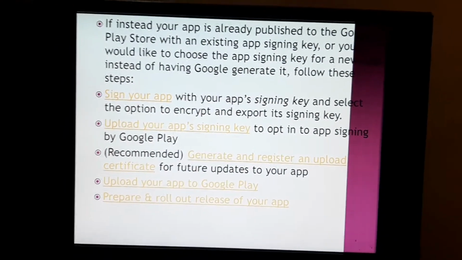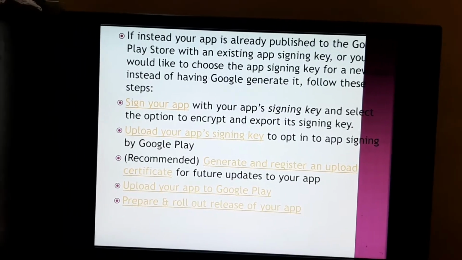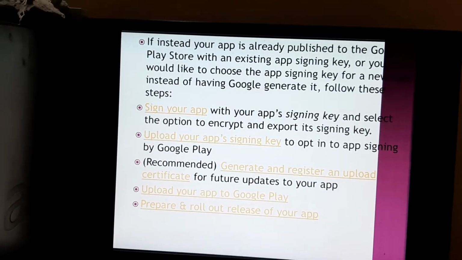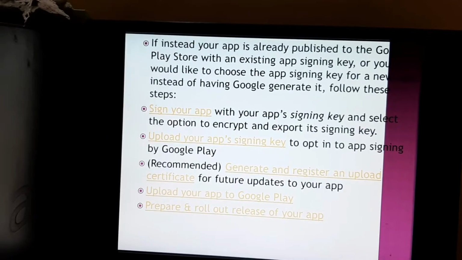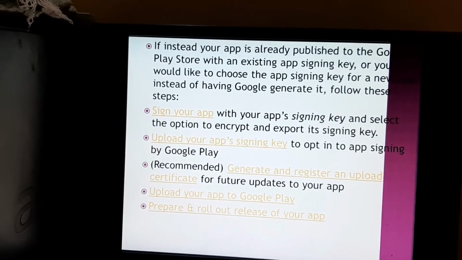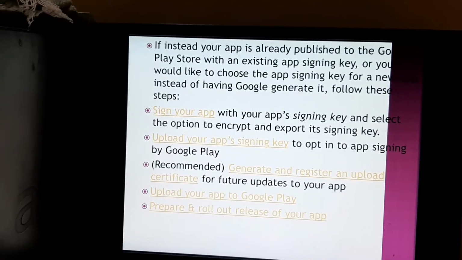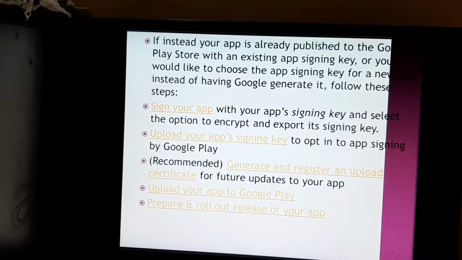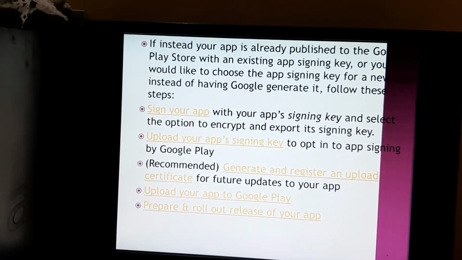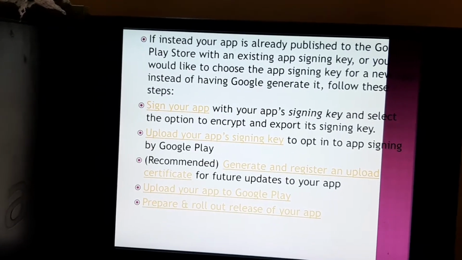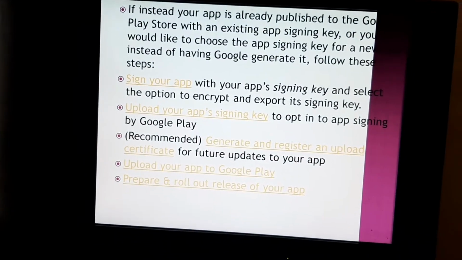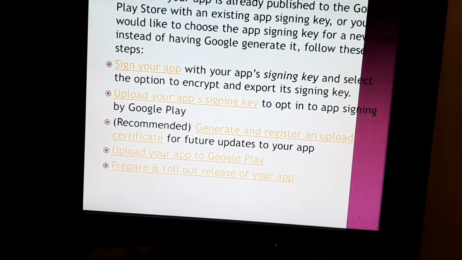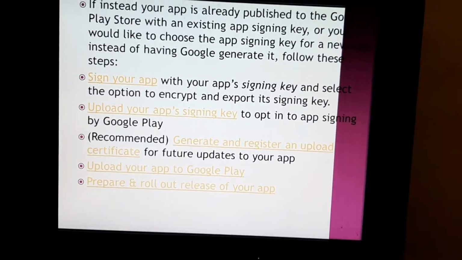First, sign your app with your app signing key and select the option to encrypt and export its signing key. Second, upload your app signing key to opt into app signing by Google Play. Third, which is recommended, generate, register and upload certificates for future updates to your app. Then upload your app to Google Play and prepare and roll out the release of your app.